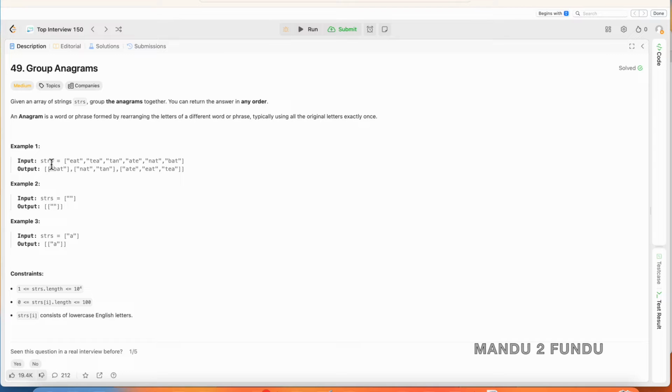So in this, the string array is eat, tea, tan, ate, nat, and bat. So here, eat, tea, and ate are anagrams, so they're all grouped together. And tan and nat are anagrams, so nat and tan are grouped together. Bat is only one word, so that is grouped in a single list, and all the three lists are put